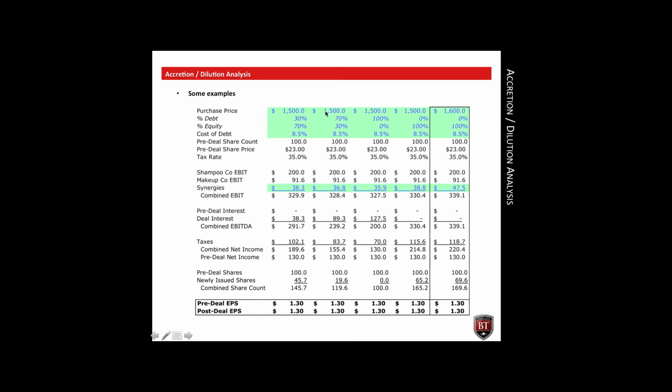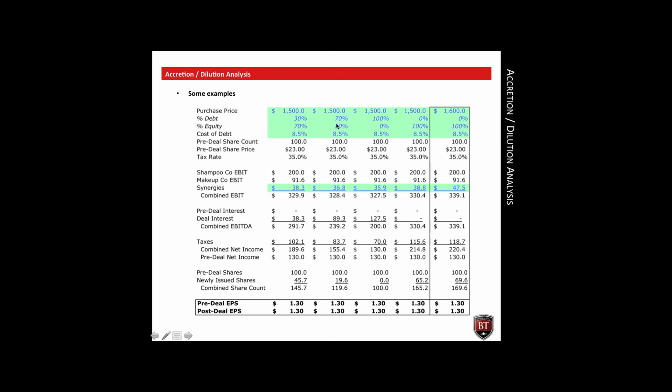So a $1.5 billion deal, same deal in column 2, but this one's paid for with more equity than debt. So as there's less equity than before, we're issuing fewer shares, but there's more debt, so we have a higher interest rate. So our analysis shows that we can do this deal with about $1.5 million less of synergies and still come out with the same earnings per share. So it just goes to show that purchase price has an effect, but also the cost of financing has a